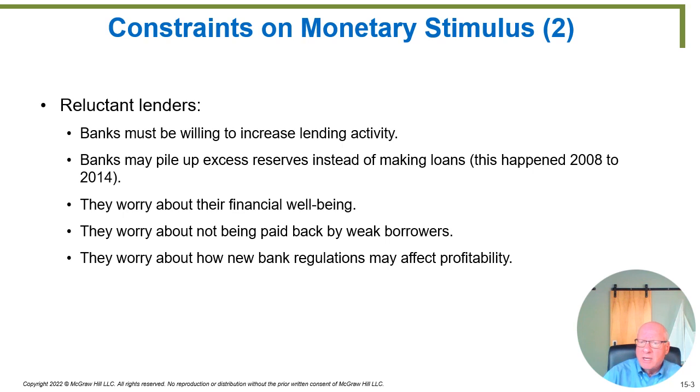So here might be an interesting problem. Remember, the Federal Reserve can't order banks to make loans. We live in a mostly capitalist system where the government doesn't have the authority to order private citizens to do anything within reasonable limits. And this is one of them.